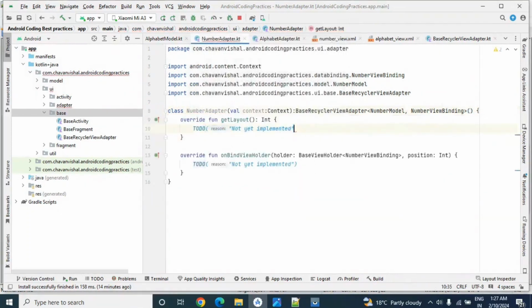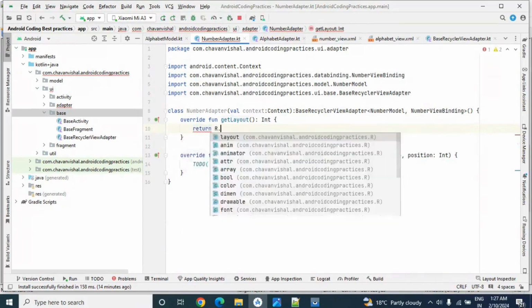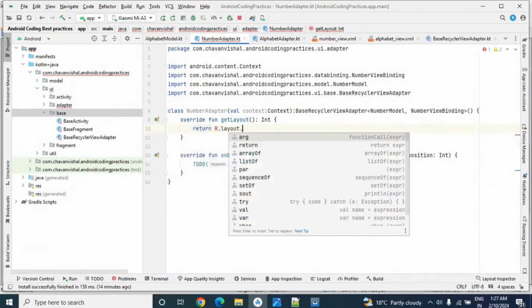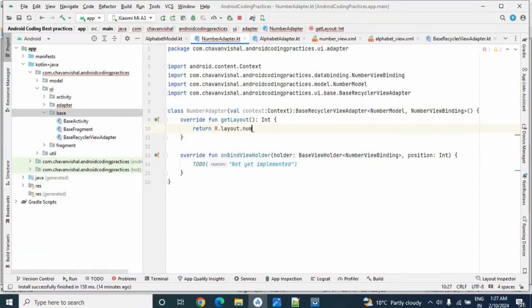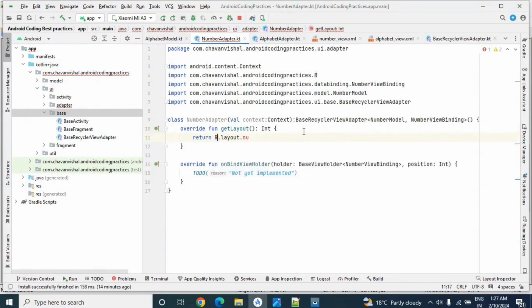Now we need to pass the layout from here: return R dot layout dot number view.